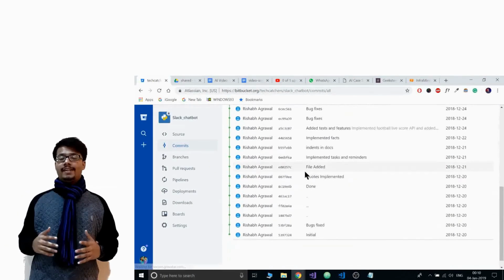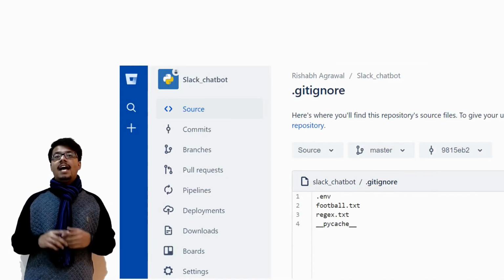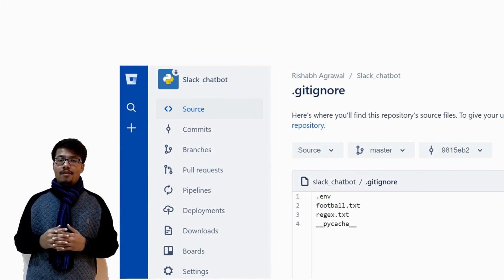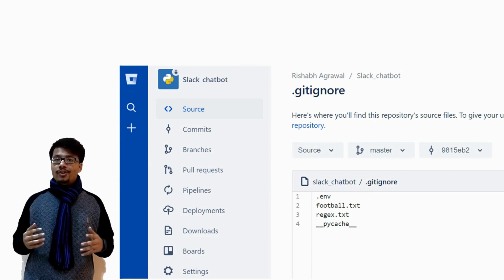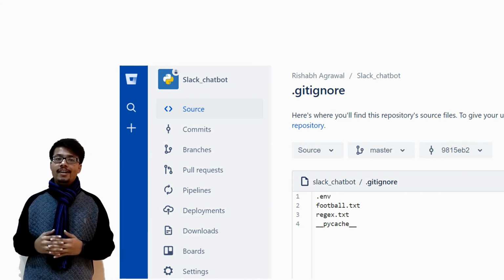We have also created a gitignore file which ignores any .env files, as we store all our API keys in environment variables, which helps us keep them secure. And we also ignored the unnecessary Python compiled bytecode folder so it does not get accidentally committed in our Git version control.